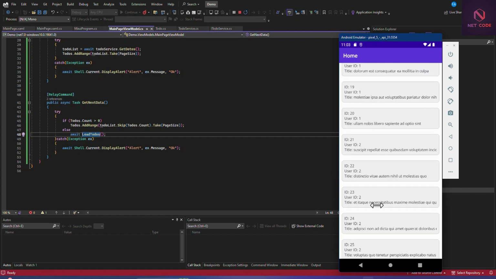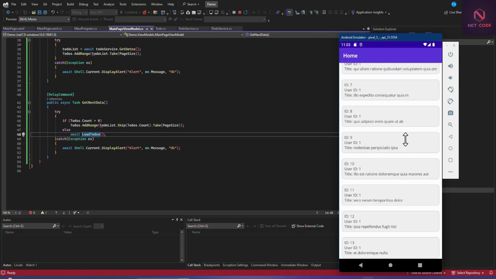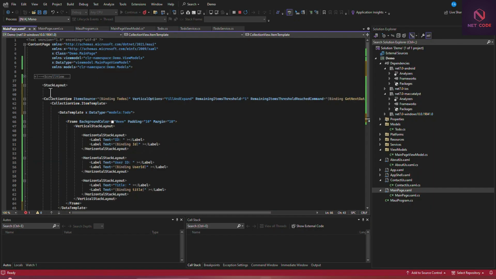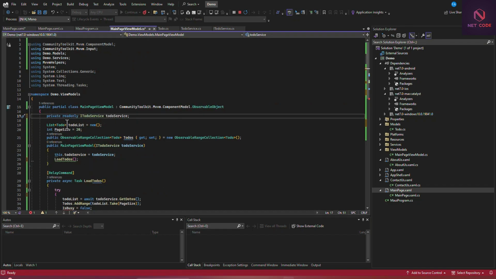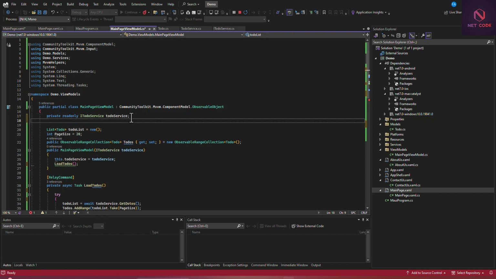Now let's add an indicator. So that's loading. As soon as the page loads for the first time, while getting data, you want to have the loading indicator. Okay, so now we can add an indicator here to show at least if it is loading. Now that is called activity indicator. And now with this activity indicator, let's go to the main view model, and now let's have an IsBusy variable. So we're going to use bool IsBusy. Then let's put this as an observable property.